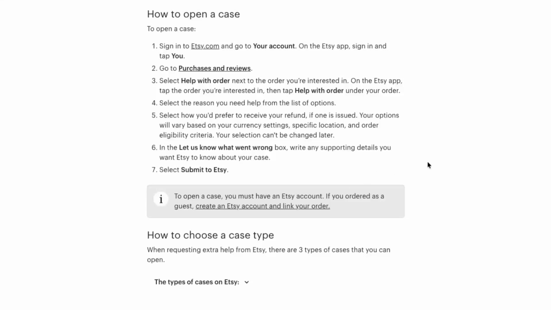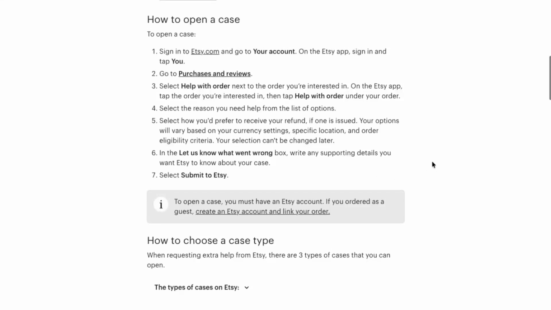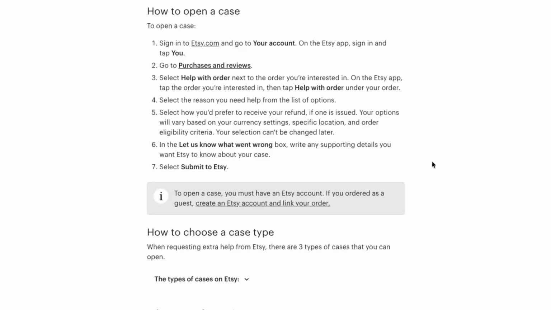In today's video, I'm going to teach you how to open a case in Etsy. If you've had an issue with an order on Etsy, opening a case is the formal way to ask Etsy to step in and help resolve it. In this walkthrough, I'll guide you through each step so you know exactly what to click, what to write, and